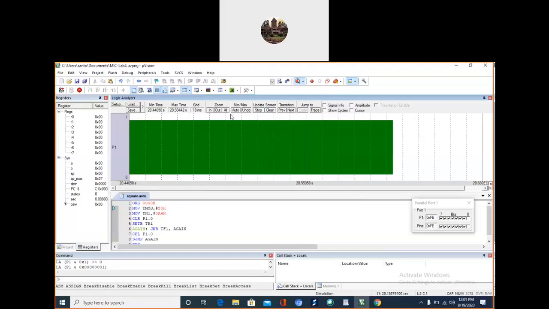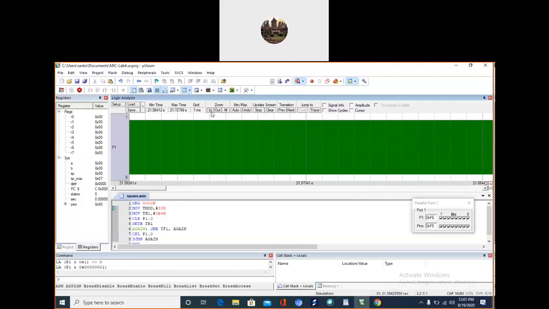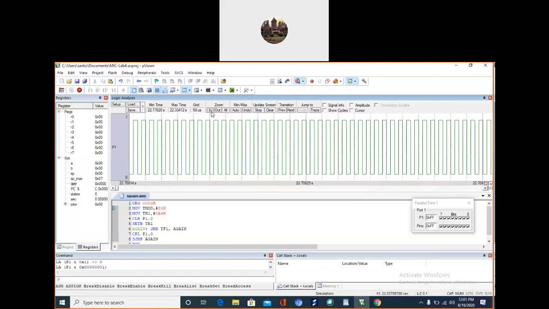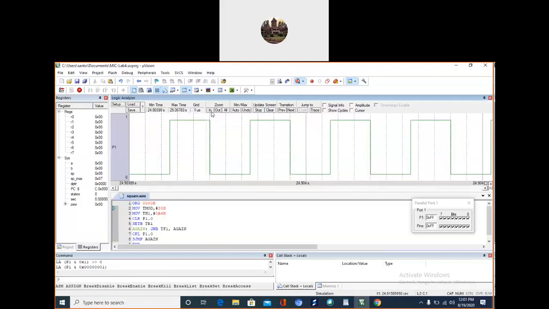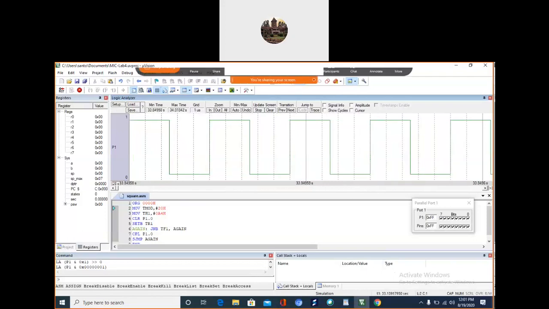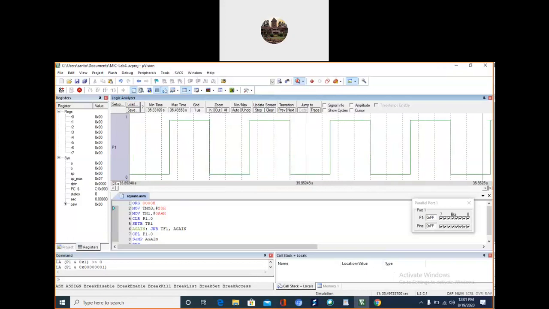Yes. That is a square wave with 50% duty cycle. Happy? So we have written a code in assembly whose output is a 50% square wave. So you take the screenshot of this, a screenshot of the code, and here is the code and here is the output. Done.